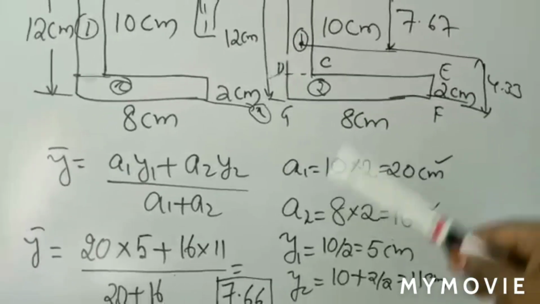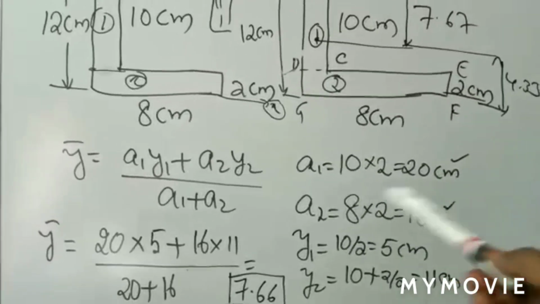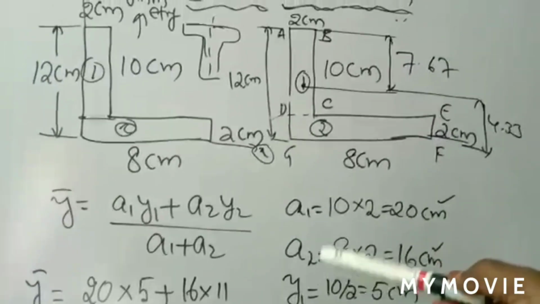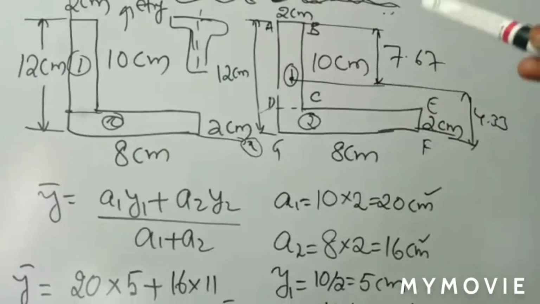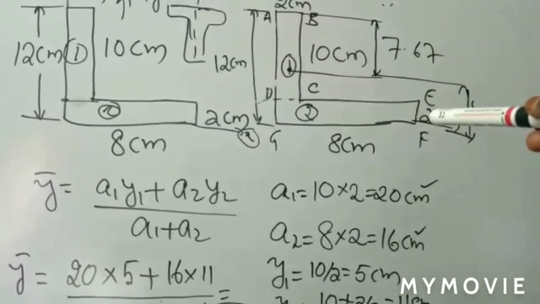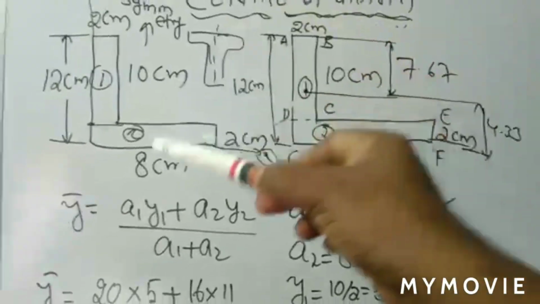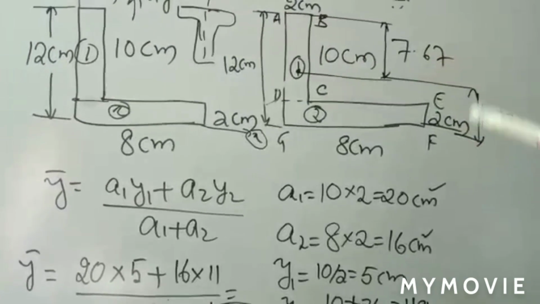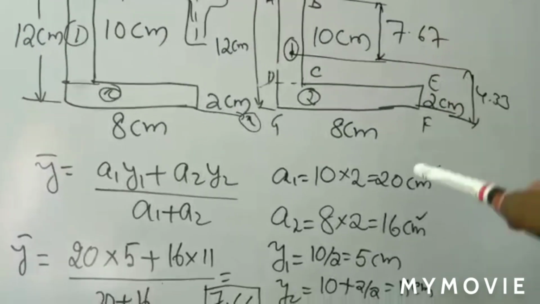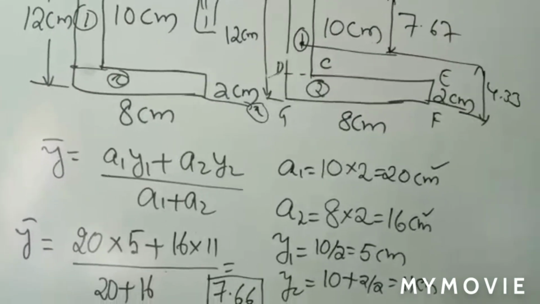Okay, now move on to y bar, which means y1 and y2. What is y1 here? y1 equals, from the top end you are moving, the total distance is 10 centimeters. From B to C you have 10 centimeters. Please observe in the figure, B to C is 10 centimeters. So y1, the centroid of rectangle block ABCD, is exactly at the center, 10 by 2, which is 5 centimeters.